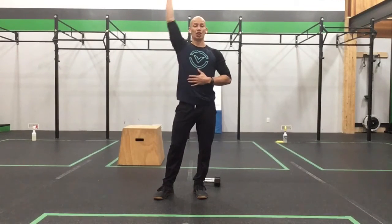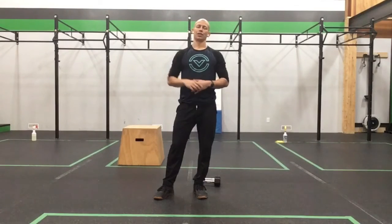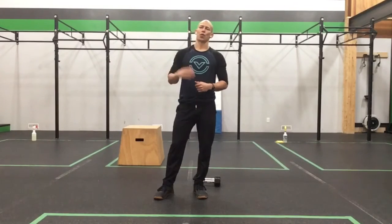So you can play with that. You can mix and match the pause as you get tired. You're like, oh, need to take a moment. Now I can go again. That's fine, but we're focusing on good quality push press and that good overhead position. Show that little bit of control before moving into the next rep. From those 40 seconds, you'll rest 20 seconds again, and then you'll move into your double under